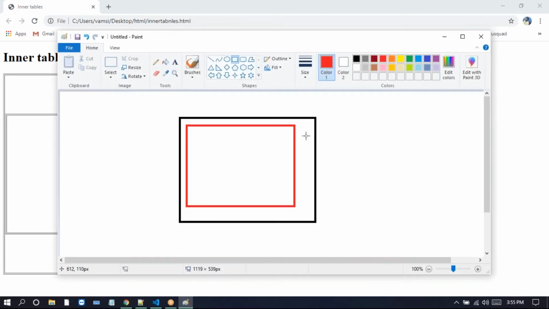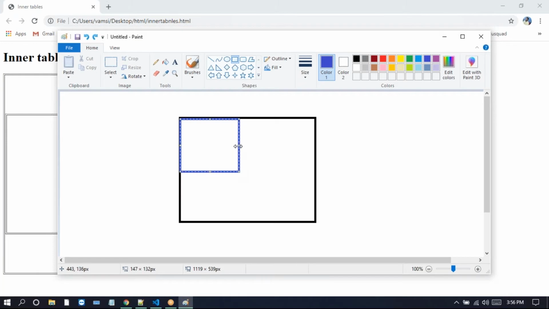Not only this one. Here I'm just going to undo this one. Here is the table, right? For this table, I'm selecting this one and taking the rectangle. Just drag this here. Now we just created two rows here: first row, second row.